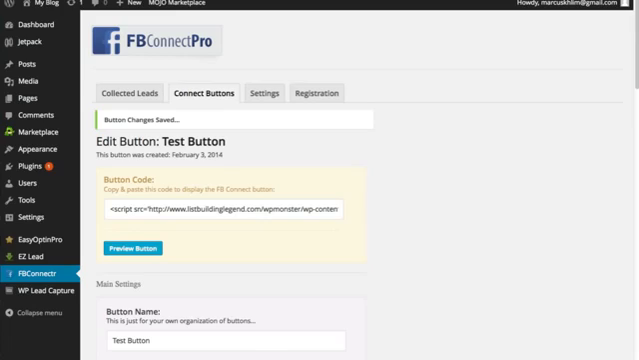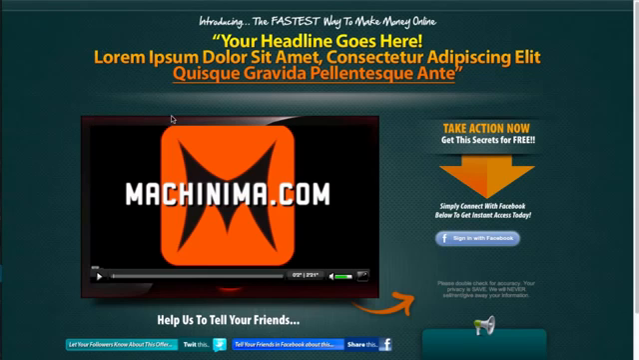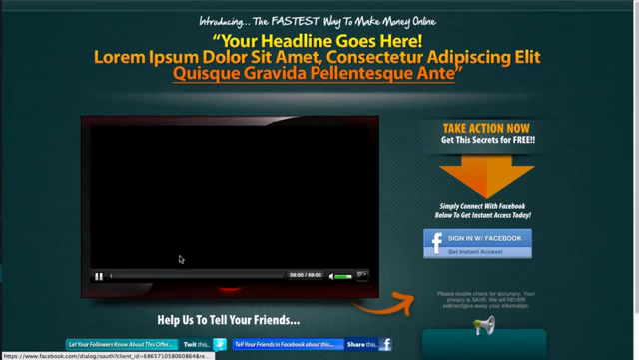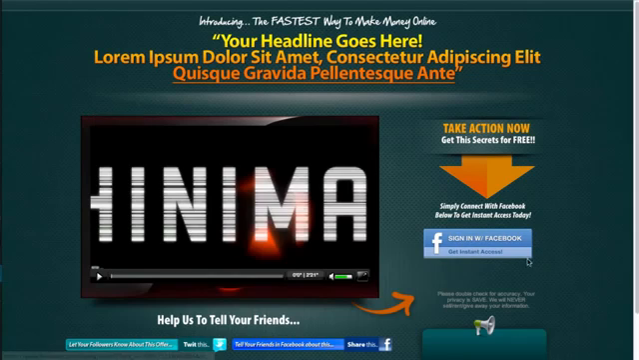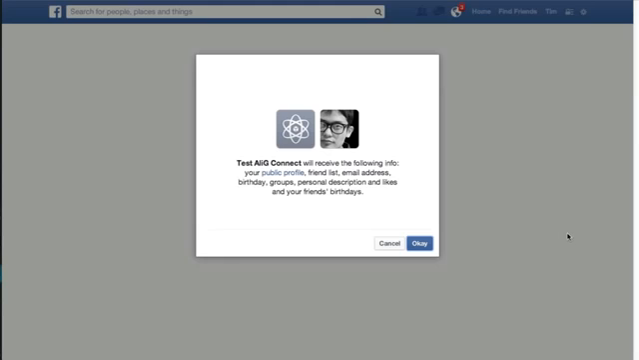Okay, and then I head back here and I refresh it. You can see that the button style has changed into this big blue button. Now let me click on the button, and that immediately takes me to this Facebook app. It says the app wishes to receive the following information: public profile, friends list, email address, birthday, groups, description, likes, friends' birthdays. So I just click OK,